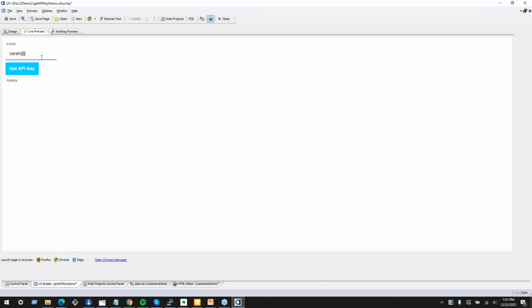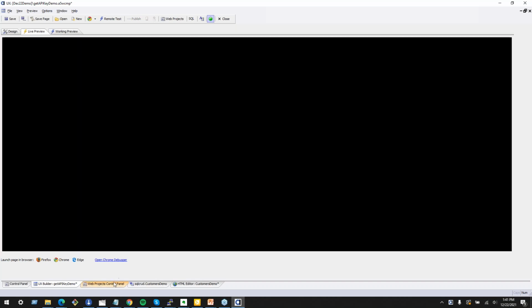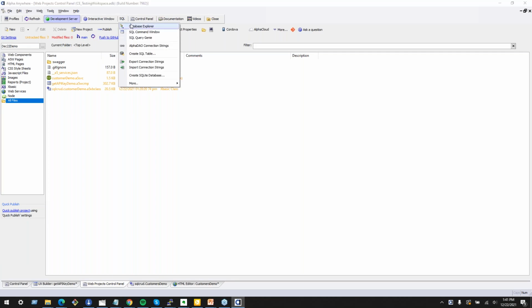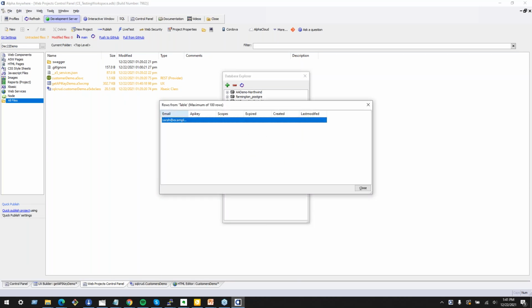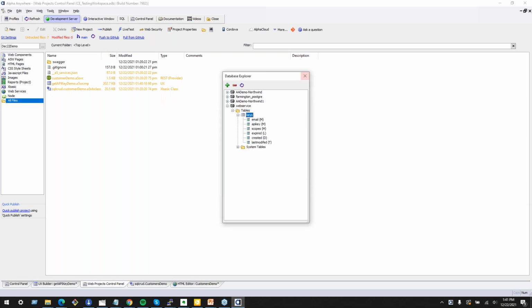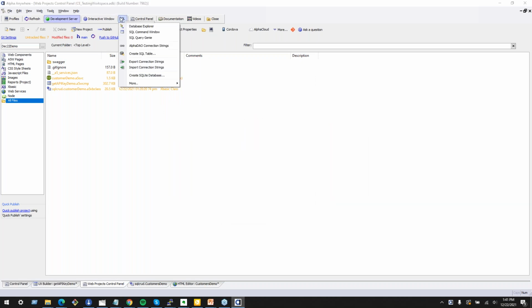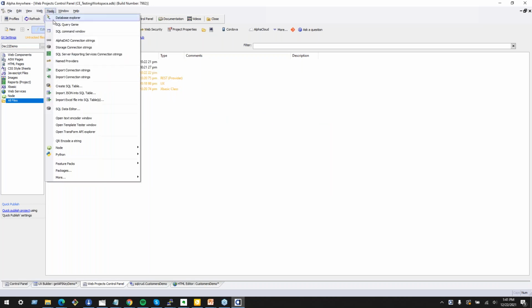So we'll do sarahexample.com, get my API key, and there's my API key that was generated. So at this point, if we go and we look at our keys table, we should see one record. And we do, and we don't see a key because the field's called API key and not key. I see. So what we will do here is go and we will use the tools, I think it's tools,